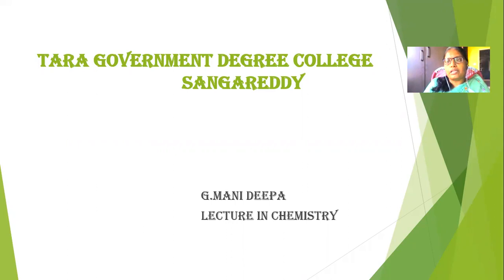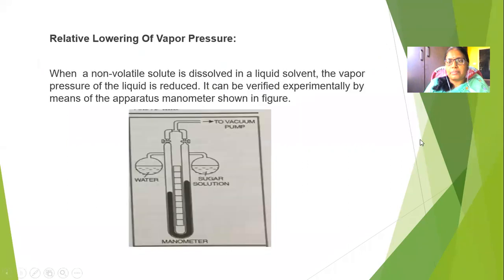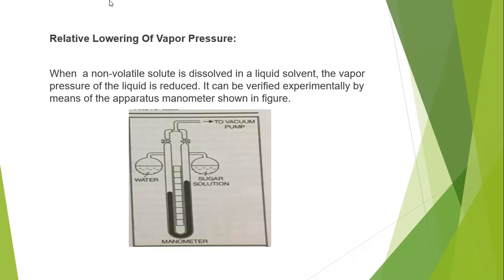In this video, we will discuss what is lowering of vapor pressure, how we can calculate the lowering of vapor pressure based on Raoult's law, and what is relative lowering of vapor pressure. How can we estimate relative lowering of vapor pressure experimentally or in the laboratory? We can discuss it using Ostwald's method. How can we calculate the relative lowering of vapor pressure with an apparatus? That we will discuss now.